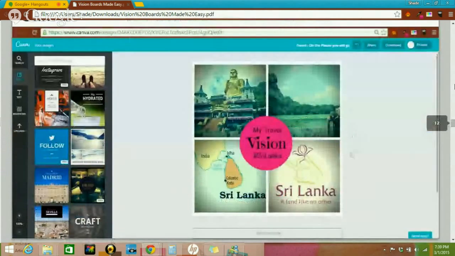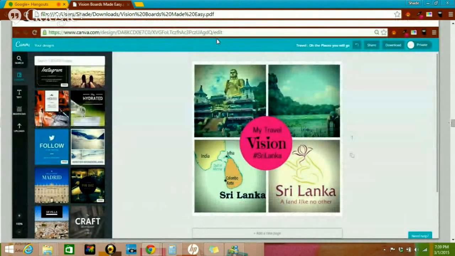So I wanted you to see what Canva looks like. If you go to the website canva.com, I have so many things, and you see the title of mine is Travel, All the Places You'll Go. You can see to your left that these are the pre-made designs. Some of them, as you can see, are free. Some of them, which ones that don't say they're free, are $1. But you can insert your own pictures into the free and the paid ready-made templates, and you can design it and change it any way you would like.